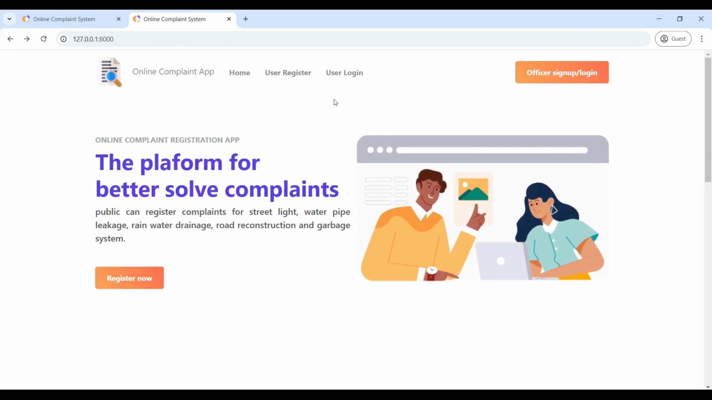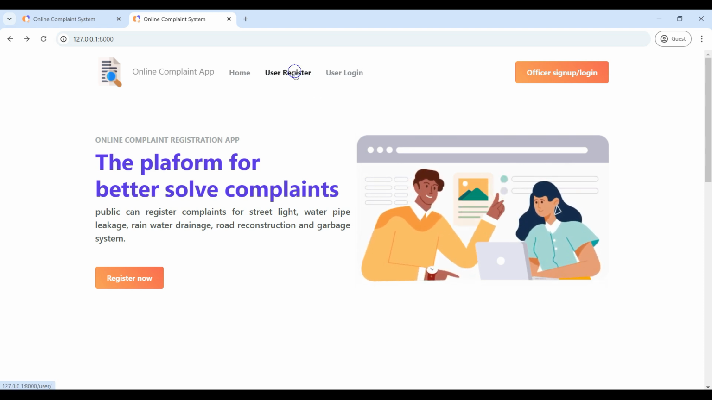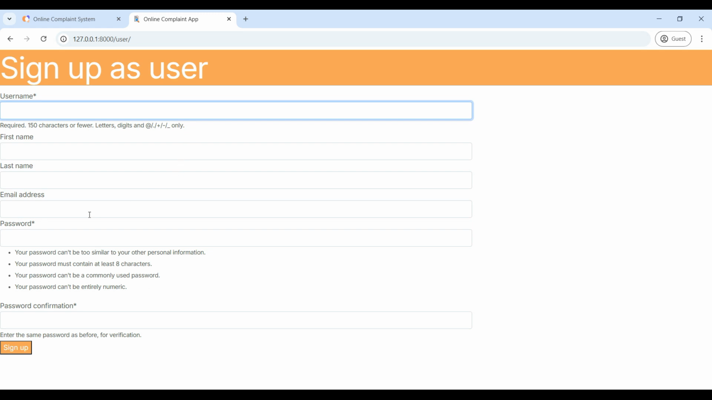Next, we will move to the user login. We have to sign up. Go to the user register. Here you can register your login homepage. So enter the username. I give the example name, user